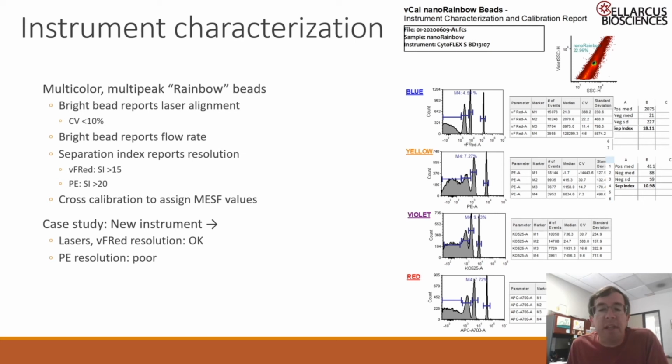The bright bead is also calibrated in terms of its concentration, so it serves as a counting bead for purposes of calibrating your sample flow rates. The performance on the individual fluorescence channels is evaluated by a separation index between the blank bead and the dim bead. And so for our membrane stain VF red, we've established a quality threshold of a separation index of